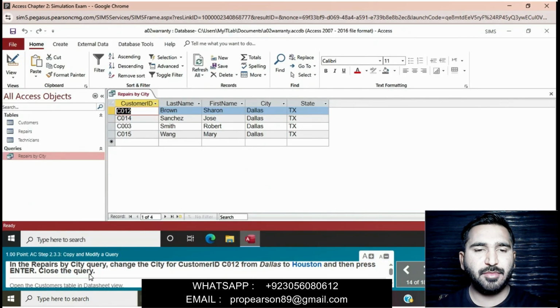In the repairs by city query, change the city for customer ID C02 from Dallas to Houston and then press enter, close the query.